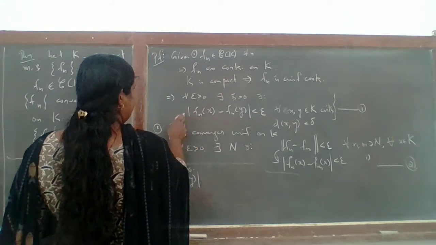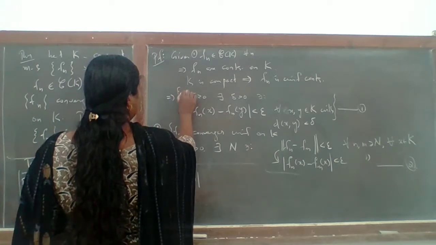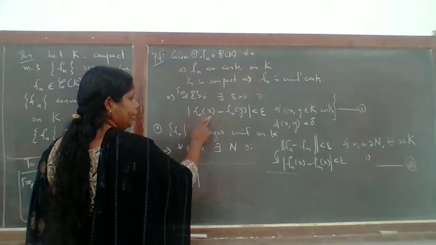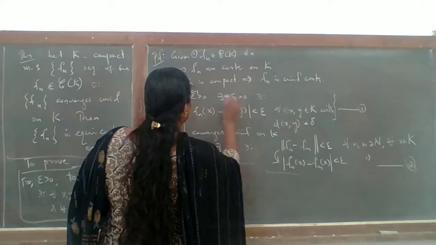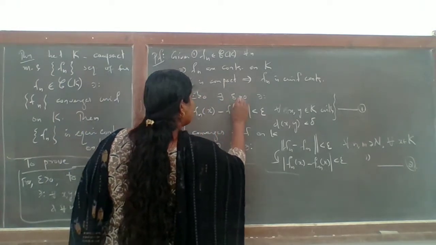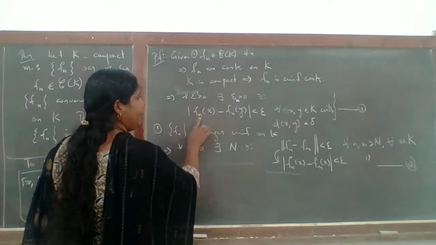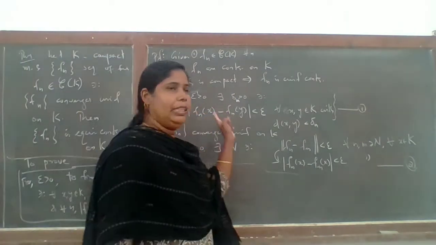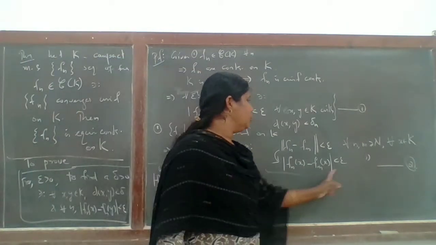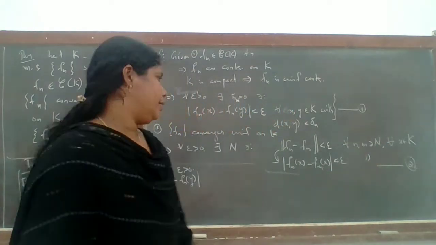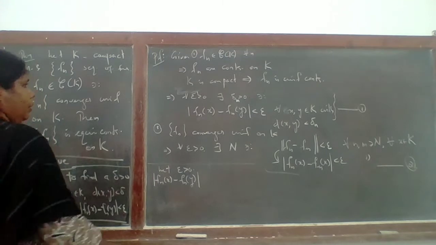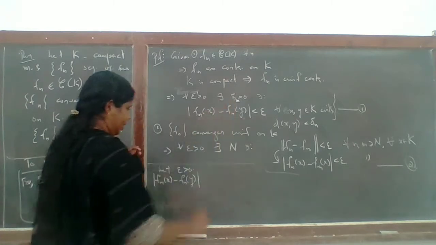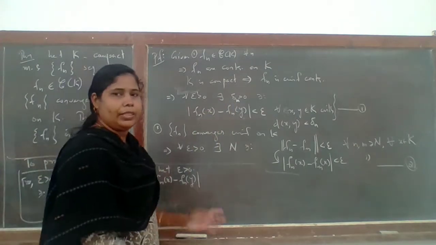Here for any fixed n, because of the uniform continuity of f_n. So this is for each n, and that is true for all n means this delta you can specify. This delta you can specify as delta_n, because for each f_n you have some delta. So this is depending on the uniform continuity of a single function. And here you have this is true for all n greater than or equal to a particular N. So this is for a single function. For each function f_n you have some delta, but here we have to get a delta for all functions. Okay, that is the difference.